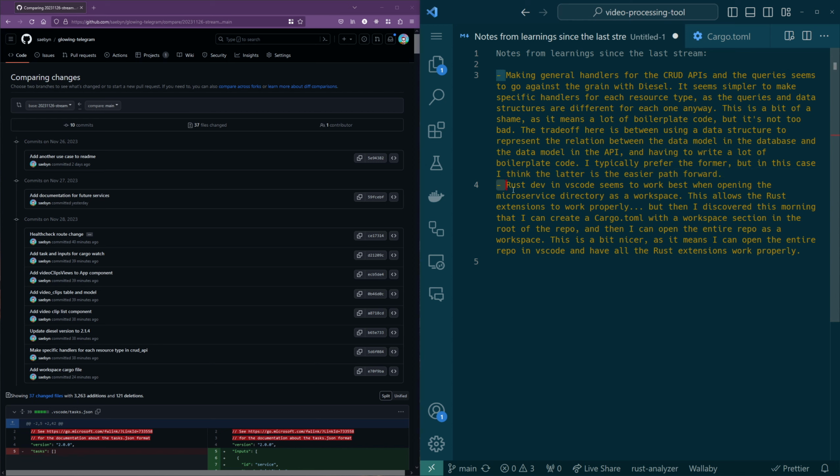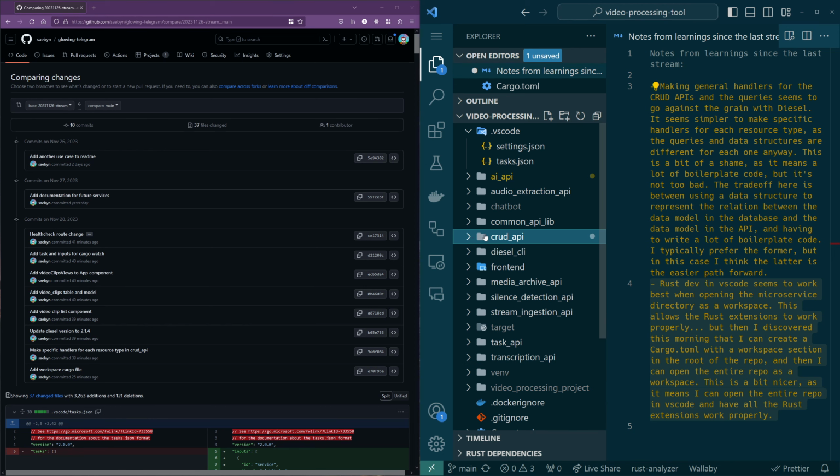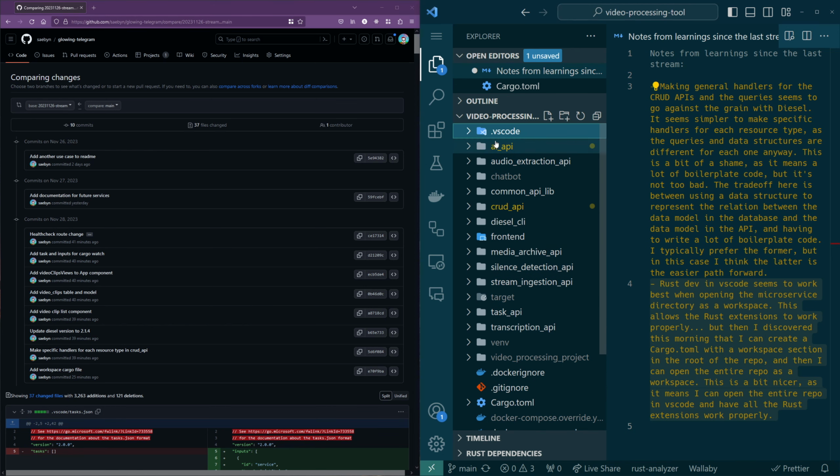The other note was that I kept on running into this issue where I would have a Rust file open. So we have this directory, and we have all of our different microservices in here. We have an AI API that is our GPT OpenAI wrapper. We have our CRUD API, and then we have other APIs that we haven't really started implementing yet, and we have a common API lib. We were seeing this issue where we'd open a file in one of these, and it would, there we go,